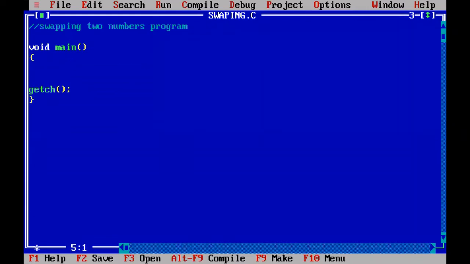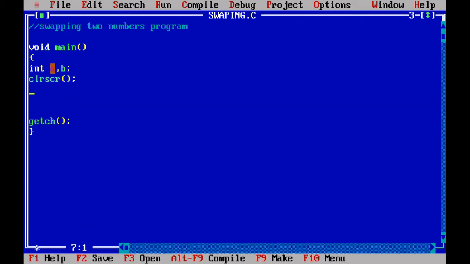To swap two numbers, we need two numbers. So declare two numbers a comma b. After declaration of all the variables, you write down one clear screen function. But you declared a comma b integer type variables, and into a comma b till now garbage values are there.